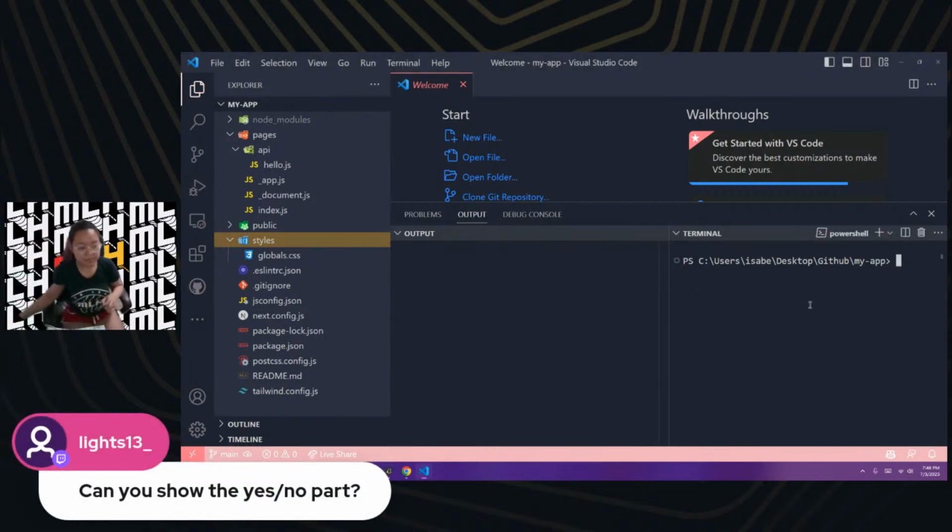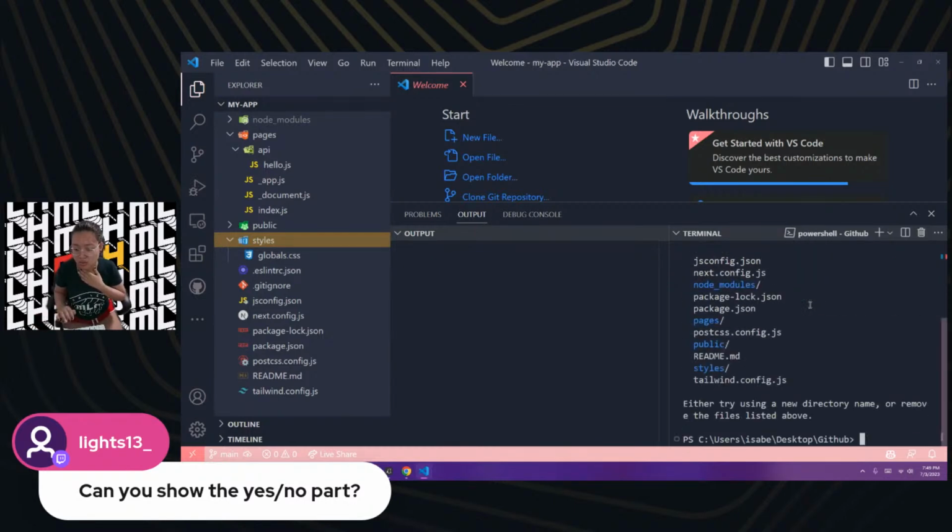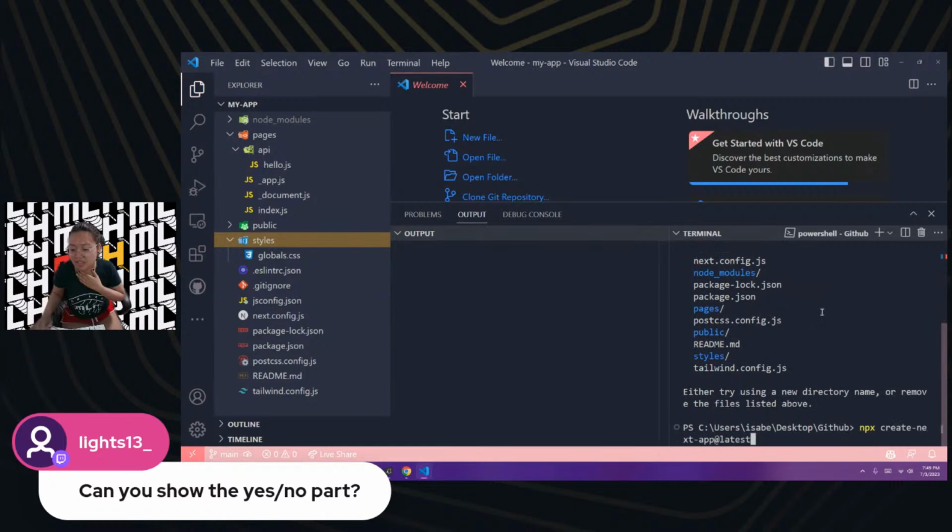I'm going to do that. Npx create, gosh, I'm going to make another one. Let's go out first. And then we say npx create-next-app@latest, and then it asks us to install. Oh, because it's the same one.